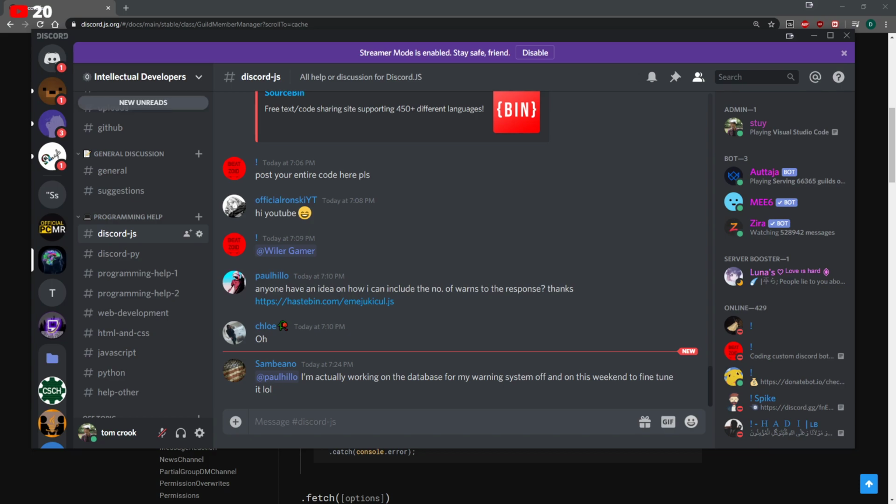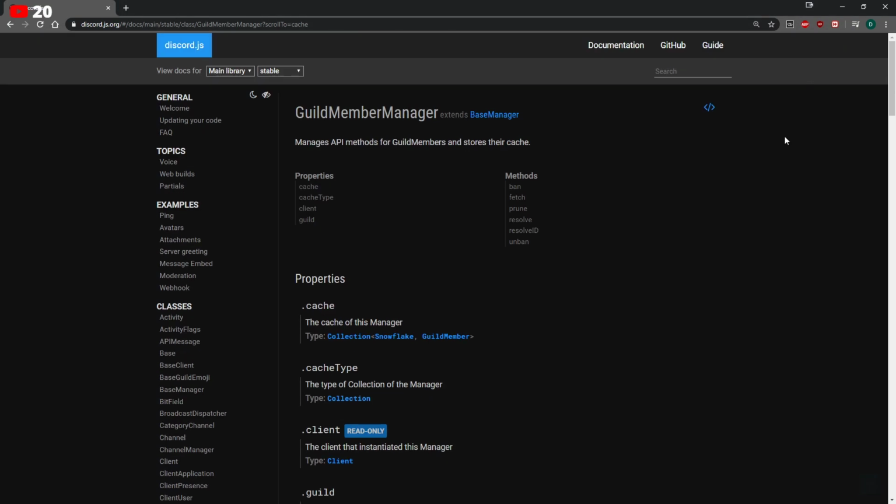Let's see. What are objects and classes? So objects are basically an instance of a class. Now the question is, what is a class? Think of a class like this. Imagine you have a blueprint of a house. You design a house, and the house has certain properties. It has certain features. The house can have an amount of doors. It can have windows. It can have the amount of floors. All that kind of stuff.